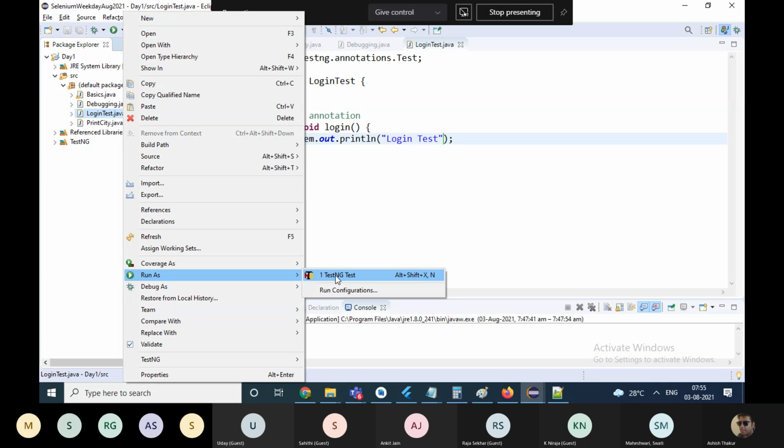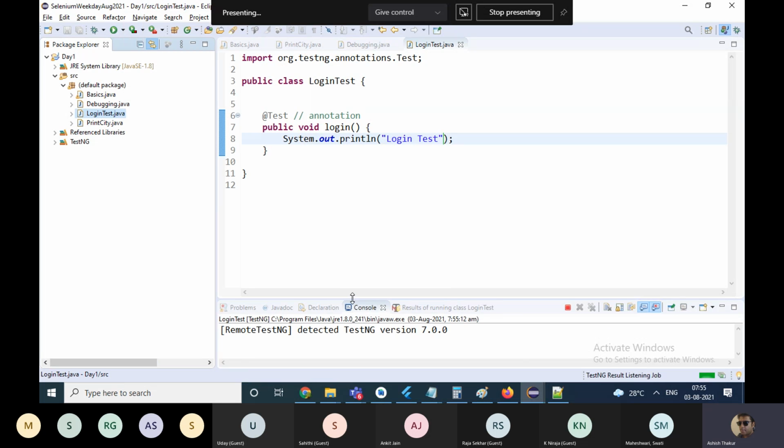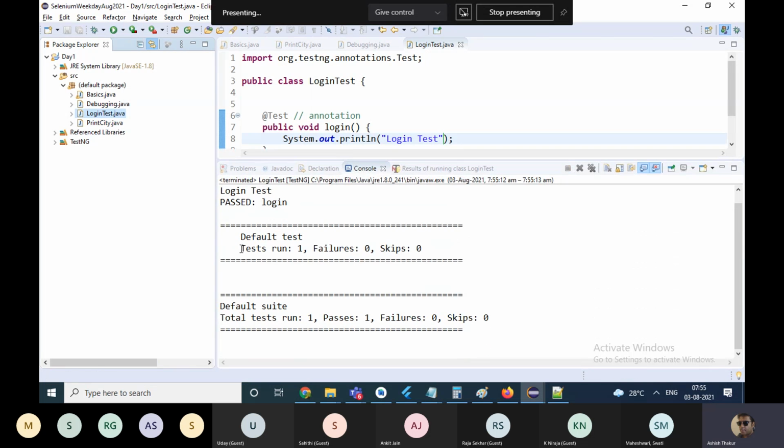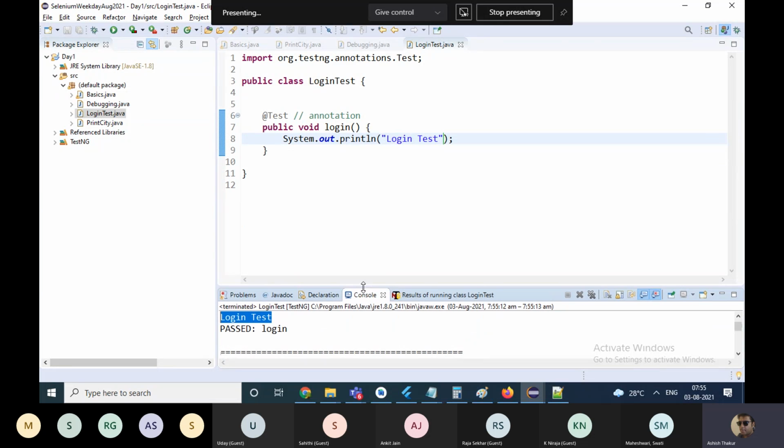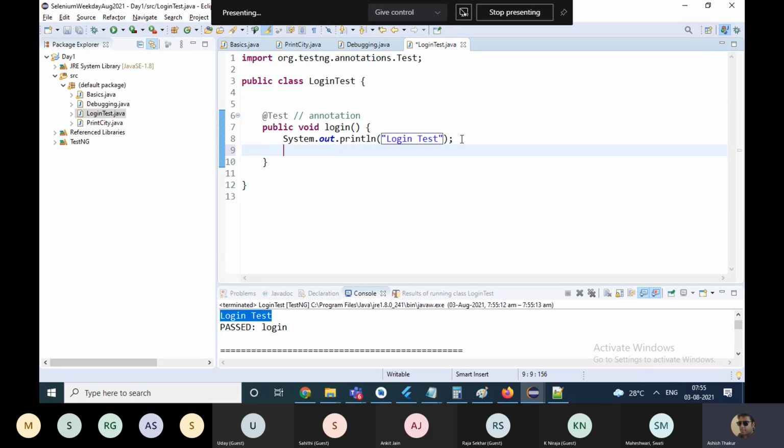You run it and you will see that it writes over here total test runs are 1, failures are 0, skips are 0. And login test is printed. So inside this test case, we will actually go and write our Selenium scripts. The Selenium commands are written over here.